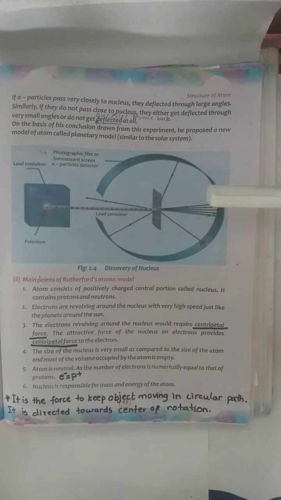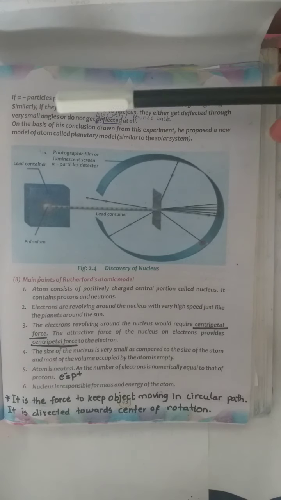Rutherford concluded that an atom contains a positive portion, that is the nucleus, in the center of the atom. So alpha particles having double positive charges passing near this portion would be repelled, because alpha particles are also positively charged and similar charges repel each other. You already know that same charges repel each other and opposite charges attract each other. So when the alpha particles were passing near the nucleus, which contains the positively charged protons, they would be deflected back or repelled, as both of them have positive charges. Come to the next page.